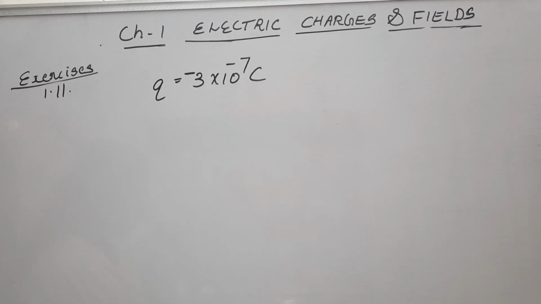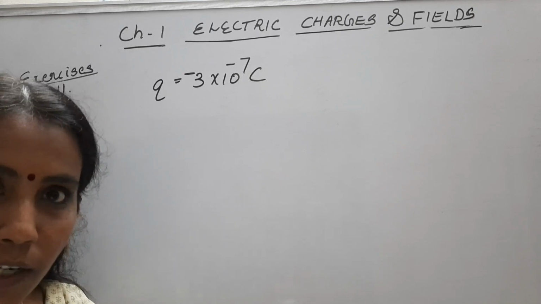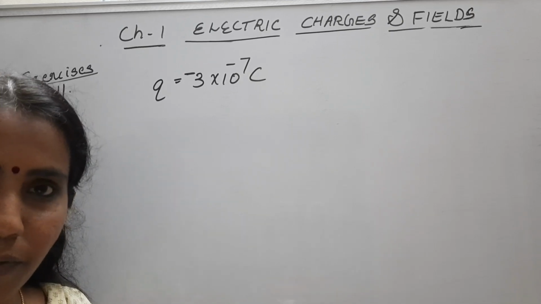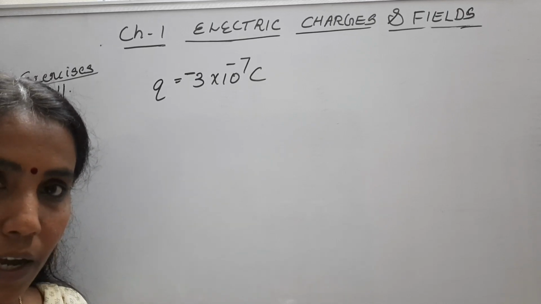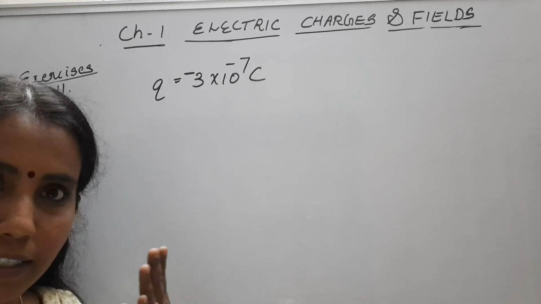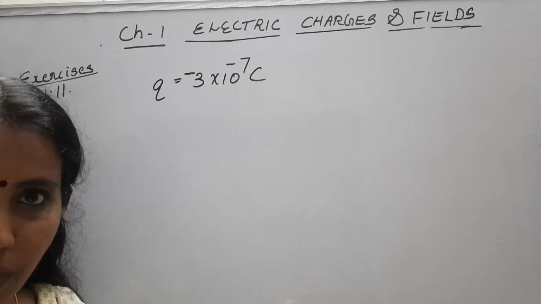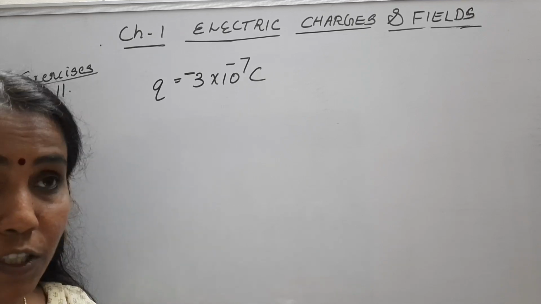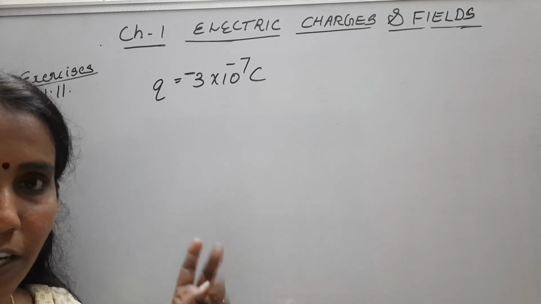So very easy. It's given that the piece is found to have a negative charge 3 into 10 raised to minus 7 coulomb. So it is having a negative charge, means electrons are transferred from polythene to wool. So wool has additional electrons with it. So there is transfer of mass. We discussed that time itself. So who will be having extra mass? That means wool will be having more mass. Polythene will have a loss of mass. So how much is that mass difference we will find.